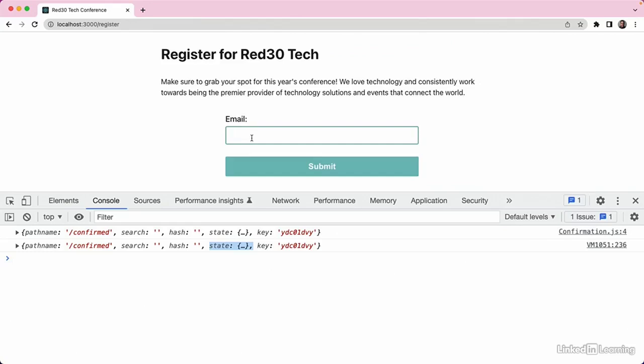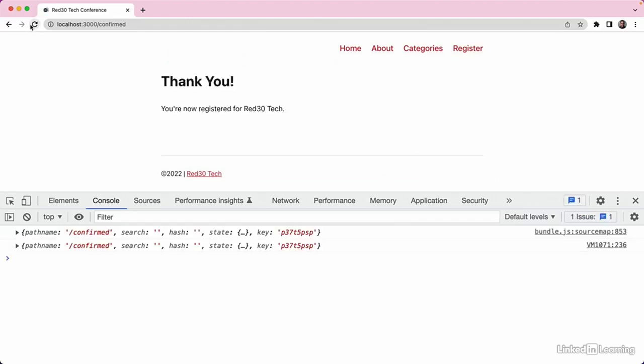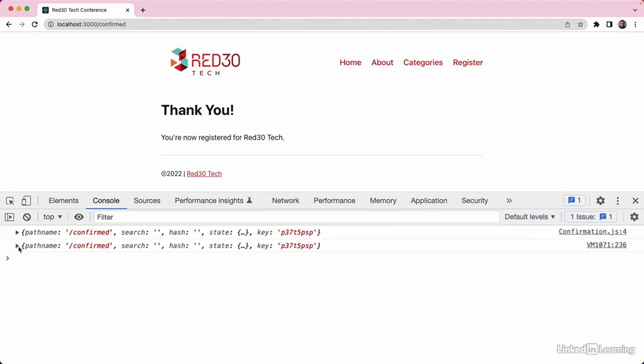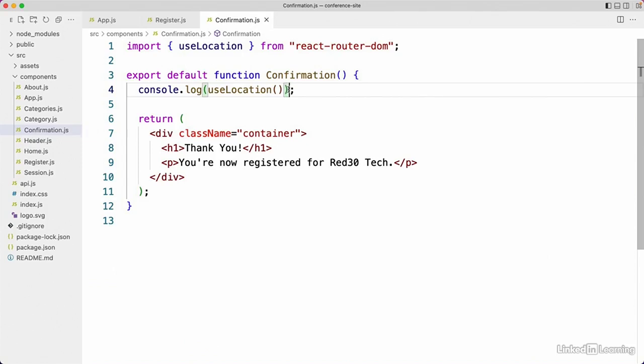So for instance, if I submit the registration form with an email, notice that the state property is now set to an object with an email property, and the value is the email I submitted. So let's destructure the state property from the location object returned by the useLocation hook. And now we can access data in the location state, like the email submitted by the user,